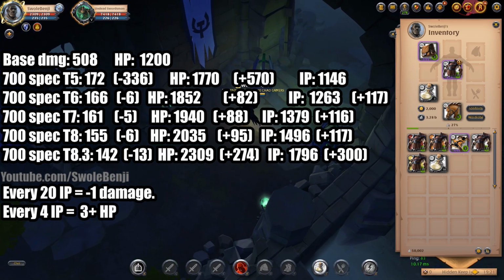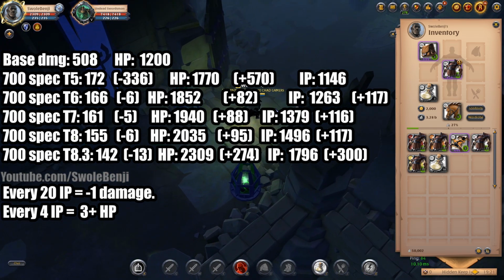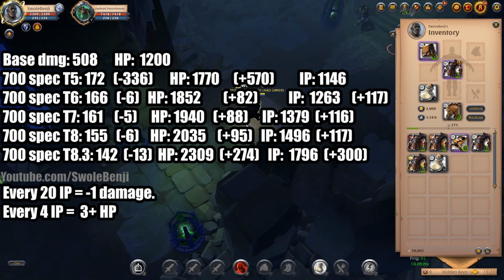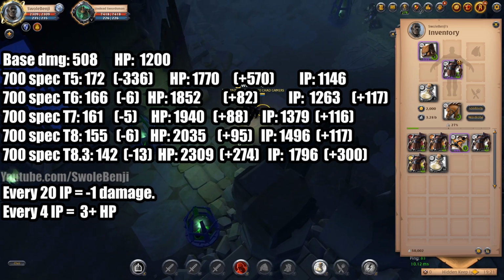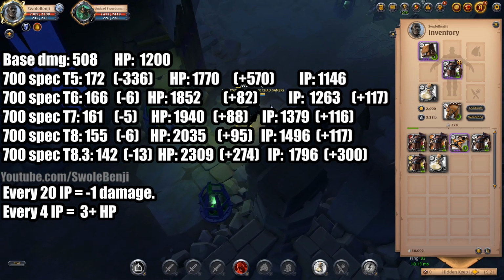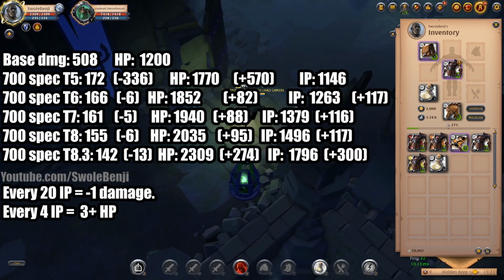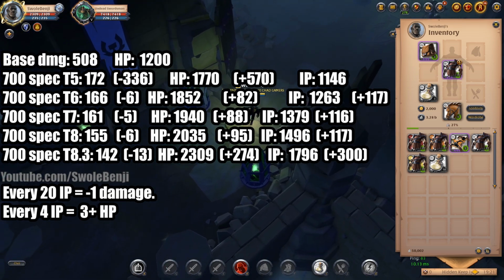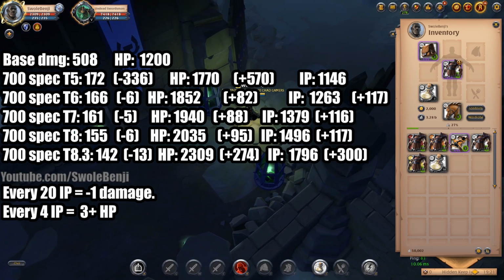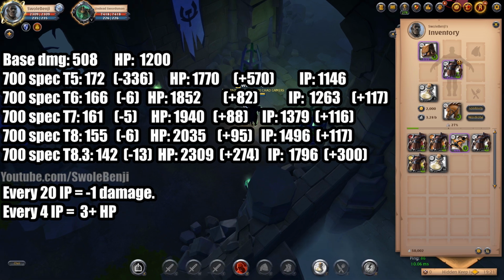Alright, now finally we have at maximum, or not maximum anymore, 700 spec. You can see it's still basically the same mitigation. The HP does go up even more thanks to the mastery that I talked about earlier, but other than that, it's pretty much the same. It's pretty linear. So now what we're going to do is we're going to test 720 spec, and then I think it's, what,